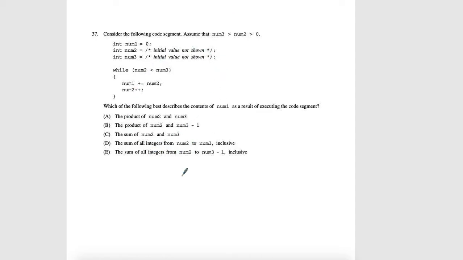To get an idea of what's happening here, it's probably a good idea to make a little table to trace on like this. So we're keeping track of num1, num2, and num3. We may not even need to keep track of num3 because num3 is never going to change. There's nothing in this while loop to change the value of num3, but let's just put it in the table